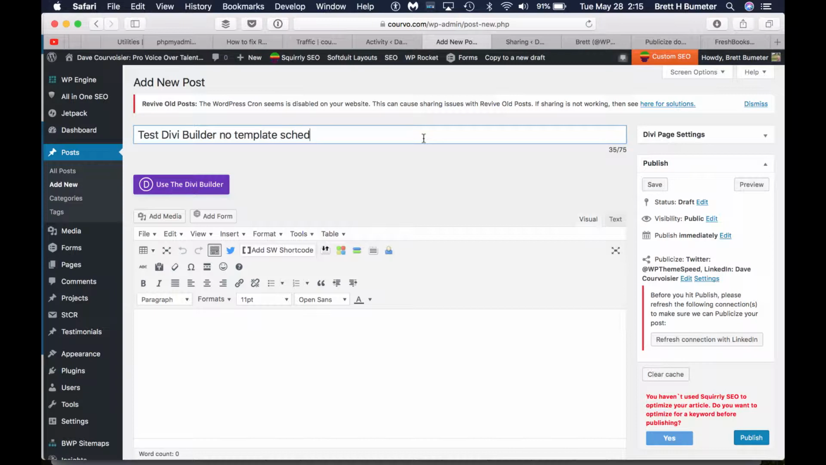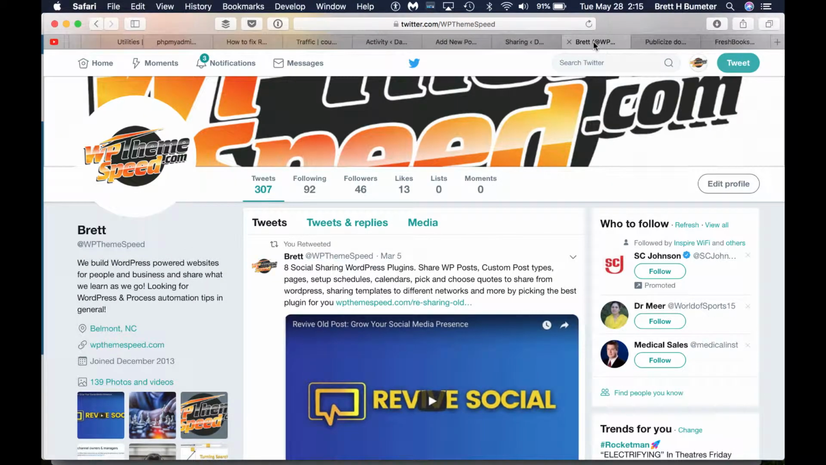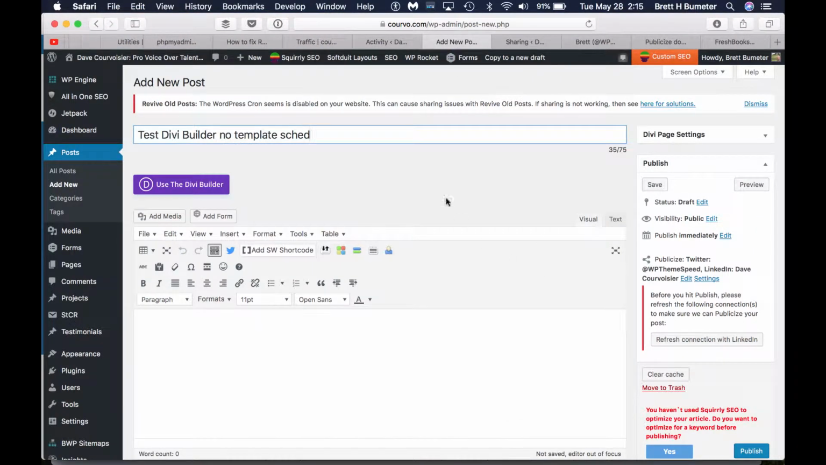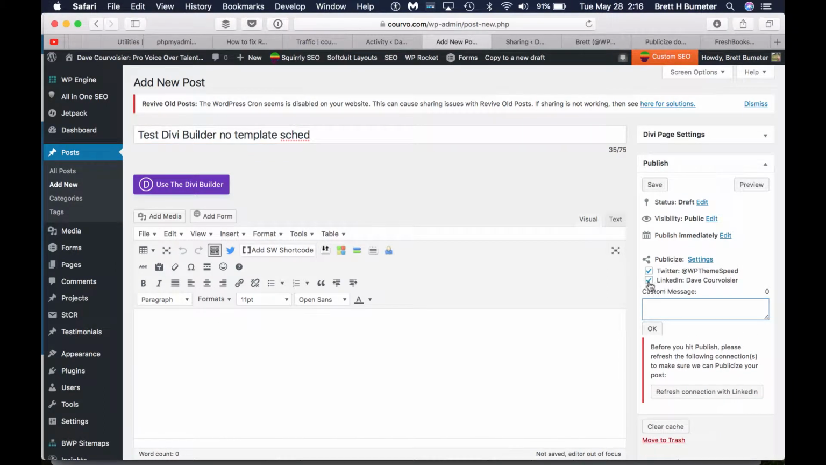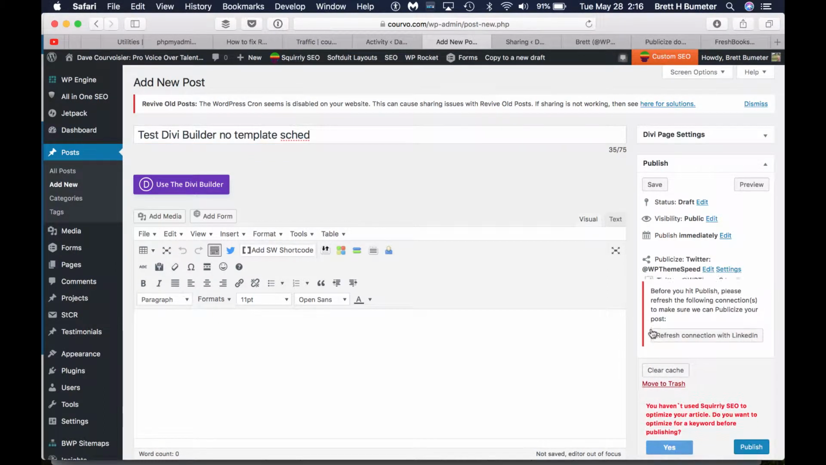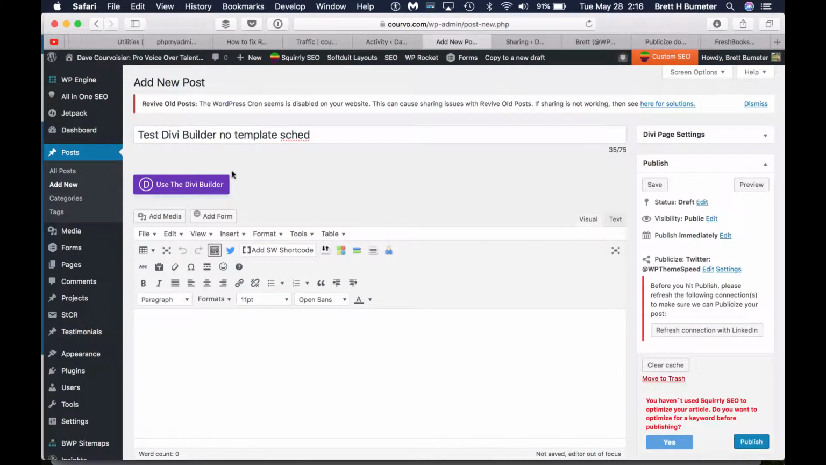I'm going to give this blog post a simple name, and this is going to post over to my Twitter account here when the time comes. So this is the name, and I only want this to go to my Twitter account because I've got quick and easy access to delete it there. So here we go. I'm going to simply use the Divi builder to create a post